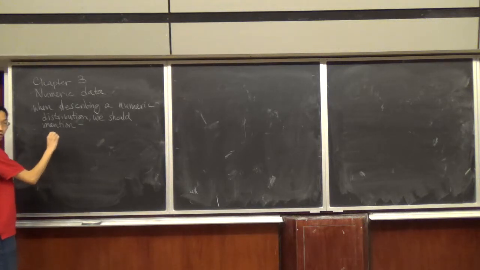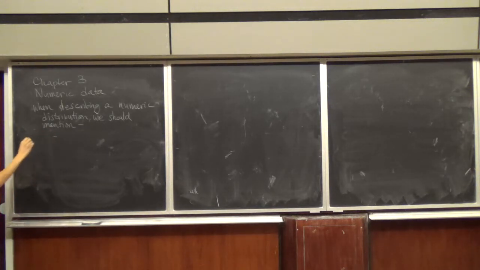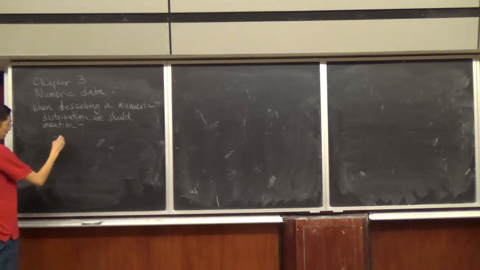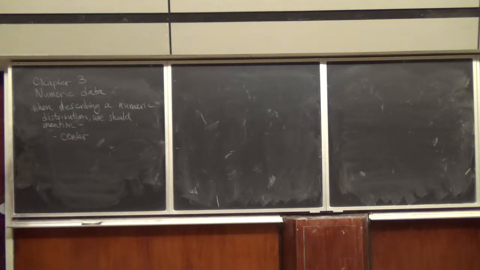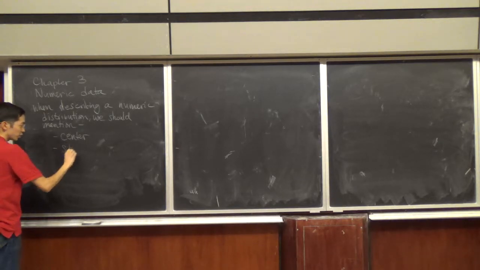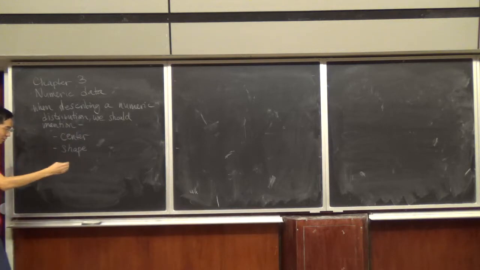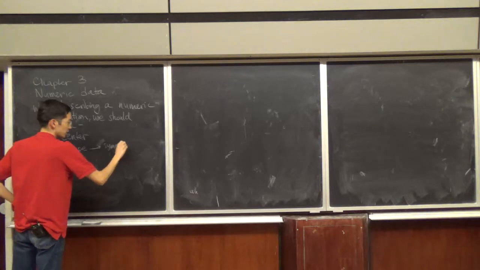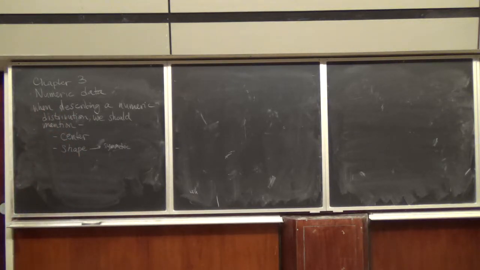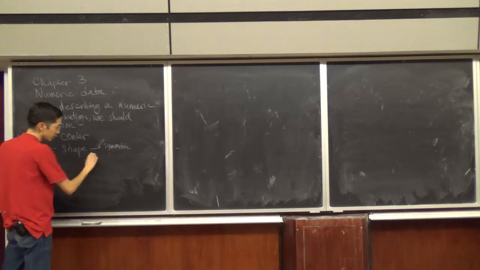Okay, one was not a histogram. A histogram is a way to visualize a numeric distribution, but when describing these things with words. So, one of them is the center of the distribution. We want to talk about the center. Okay, so yeah, we want to talk about the shape. And the shape consists of two parts. One is the symmetry, whether it's symmetric, skewed, and then the other part,